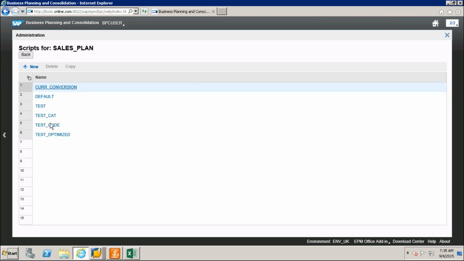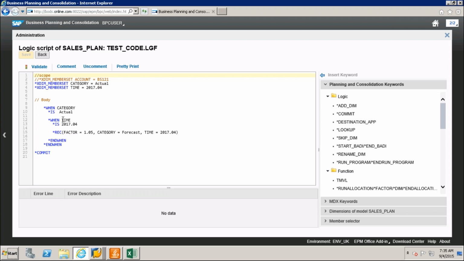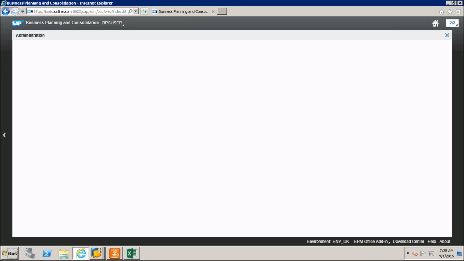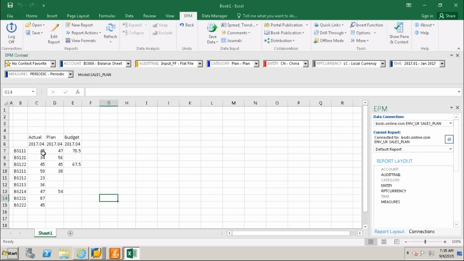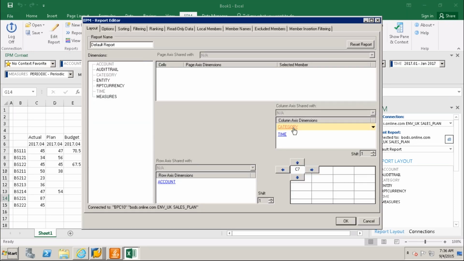Coming back. In this script, we have the actuals and forecast values for any other account. Actuals won't change, but for example purposes, there is no forecast here even, so I'm going to take the forecast also in the category.